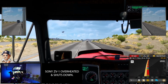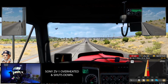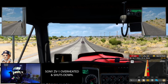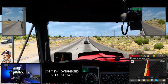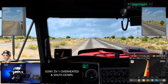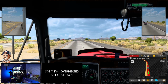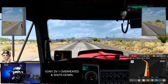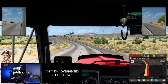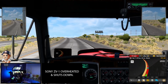Engine in here is a Detroit Diesel 60 series. How do I make the displays look like one? Using NVIDIA Surround. So depending on your GPU, I don't know if every manufacturer has their own software for that. I'm not sure. I've only ever had NVIDIA, so...